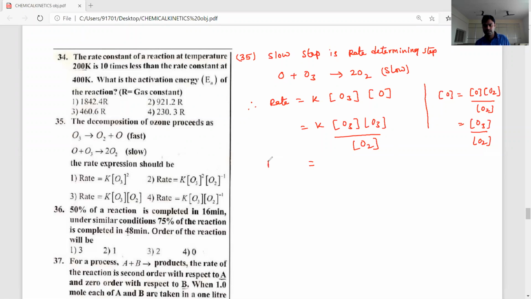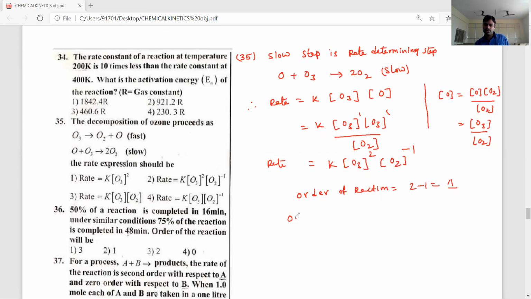Now the rate is equal to K into concentration of O3 square, means here power 1 is there, then it becomes 2. Order with respect to ozone is 2 and order with respect to O2 is equal to -1. So this is the rate expression. Total order of this reaction they're not asked, but if they ask this type of question, what is the total order or order of the reaction? Order of reaction is equal to 2 minus 1 is equal to 1, means first order reaction only,